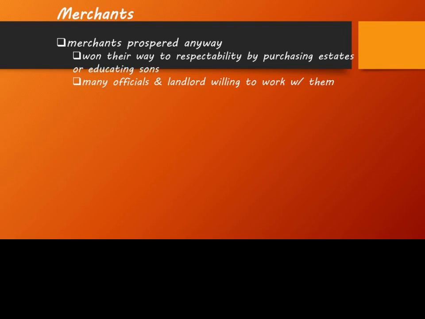And so with these restrictions and the exclusion from state service, the state sought to keep the merchants in check. But nonetheless, the merchants found corrupt officials willing to work with them and eventually schemed their way into putting their sons into the Confucian bureaucracy by educating them and having them pass those tests. And the merchants were even barred from certain economic activities, like I said, salt, iron, and alcohol. But they were also forced to give money to the state, which of course the state never repaid.